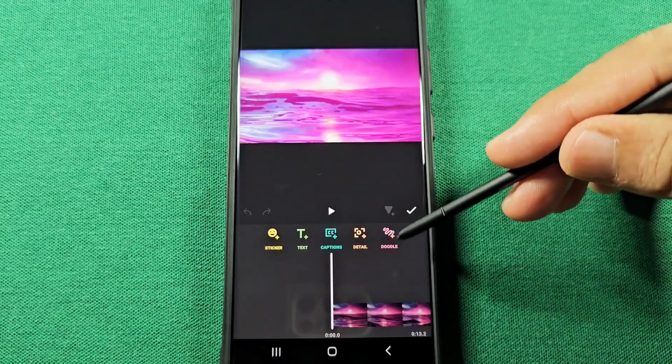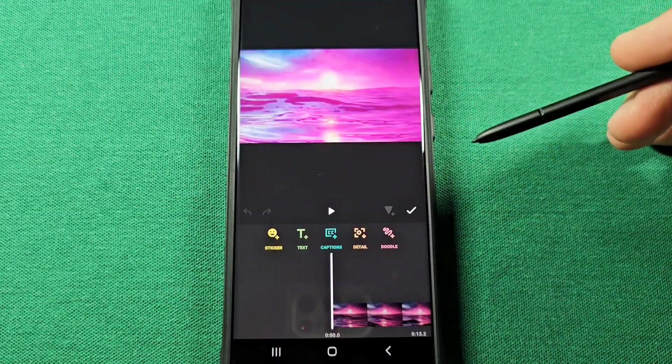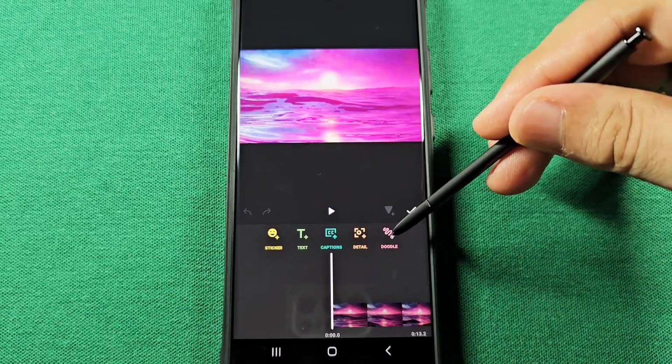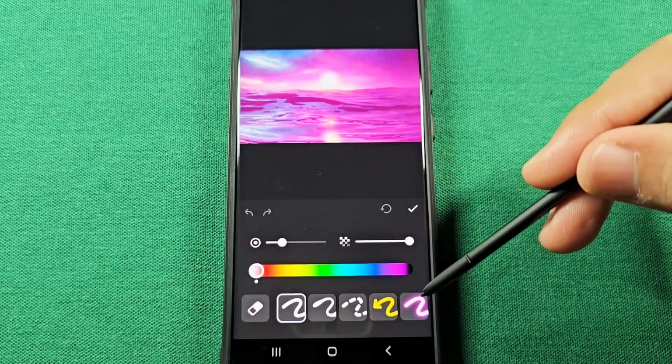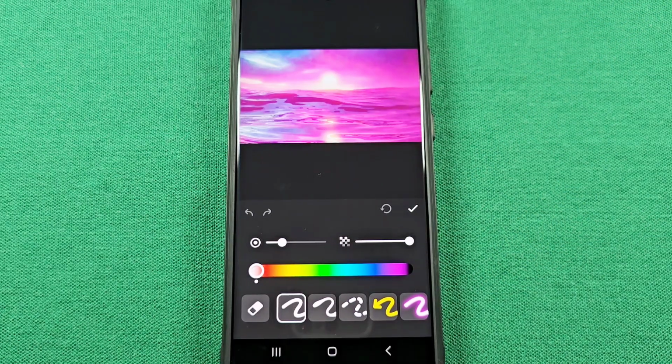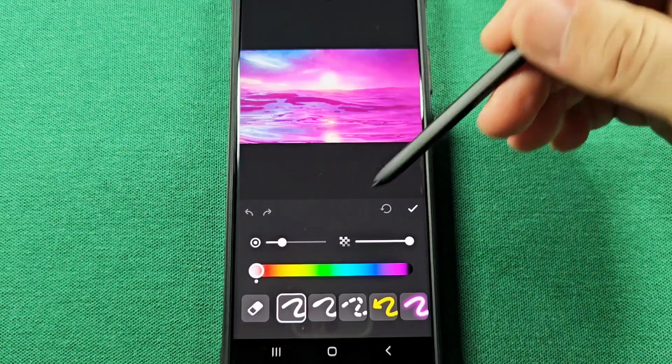then you'll see the doodle option, which is right there. If you don't have that, just make sure you have the latest update. You probably need to update your app. So as you tap on it, this is going to show up here, and you're really going to make good use of it, one, if you know how to draw, and having a pen like this here would make great